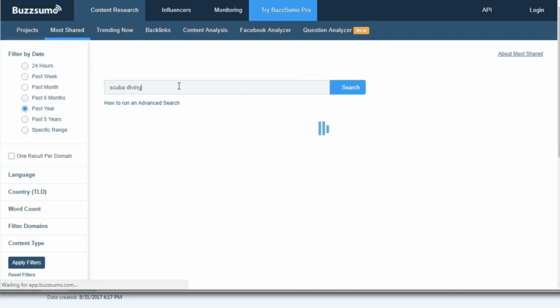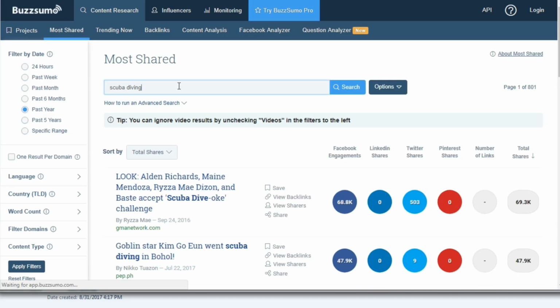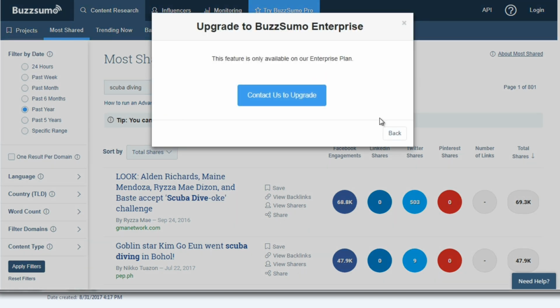So we type that in and we do the search. We can filter by date, like what is the content that is hot within the last 24 hours, the past week, the past month, the past 6 months, and the past year. So if something is trending just recently, you might want to do a recent date, and if it's consistent throughout many years, we could choose like the past 5 years.